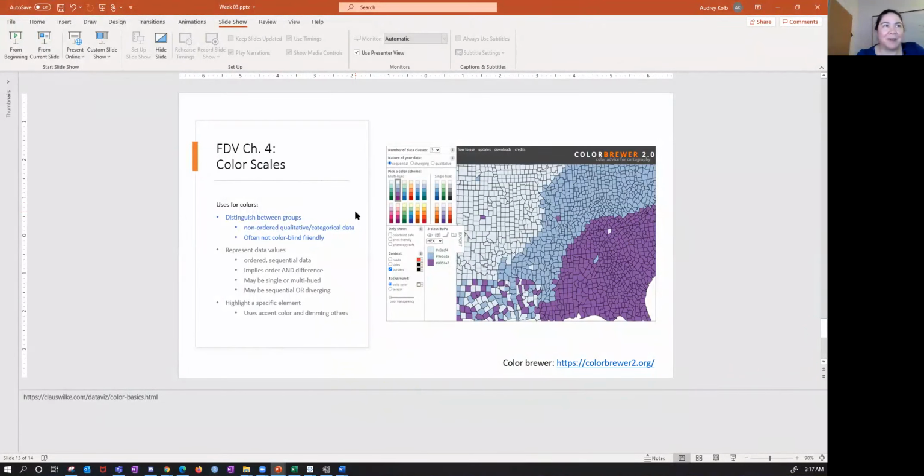Okay, that's enough on color. I do encourage you to play around with Color Brewer and similar sites to get a feel for what kind of color schemes you like and what different color schemes would work for your particular project for each graph and scale. I will say that you should,